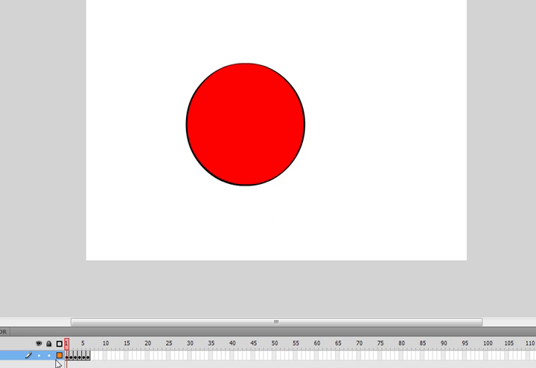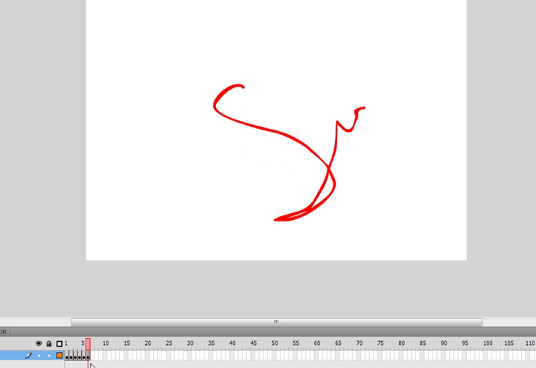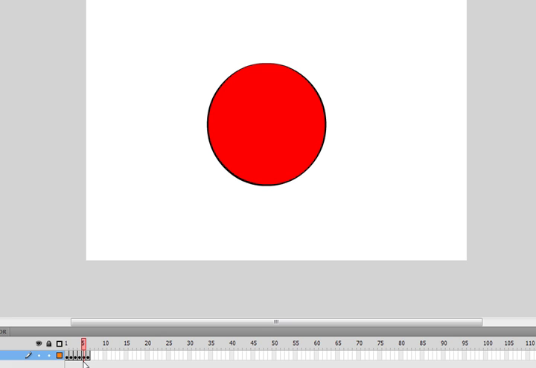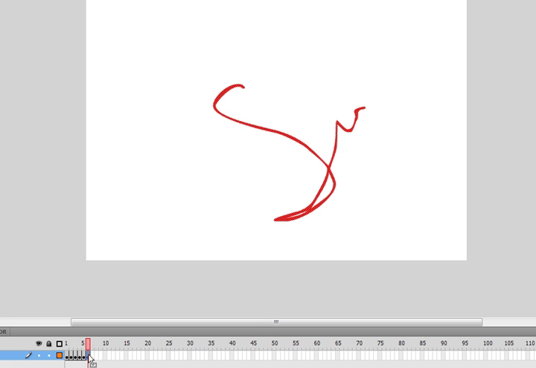It just gives you a brand new page that you can work on and start from scratch. So we could draw something new here. We'll just scribble something there. And so now the animation is the ball moving, and then suddenly a new picture, right? So you can either insert a keyframe, which will copy the frame from before, and then you can move that picture around, or you can just insert a blank keyframe and